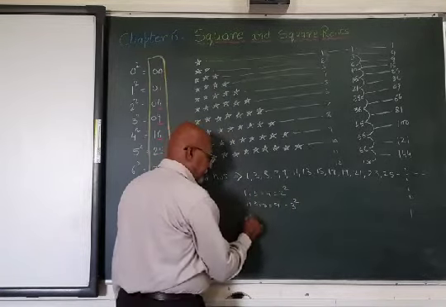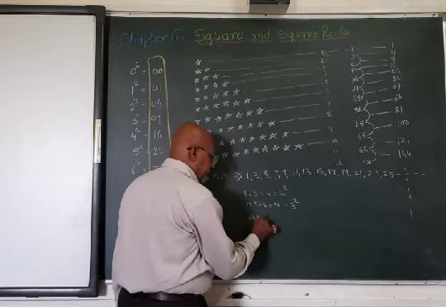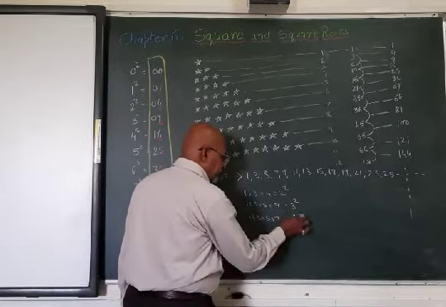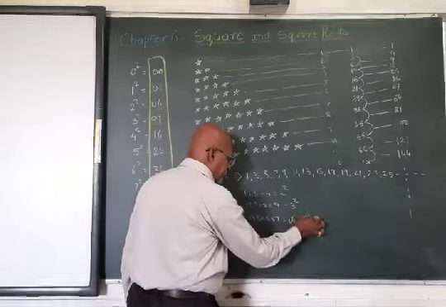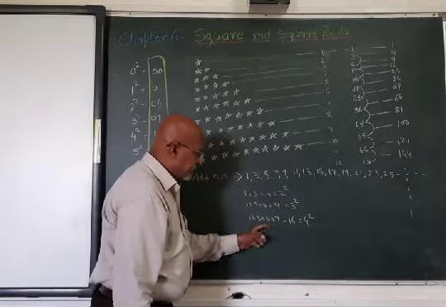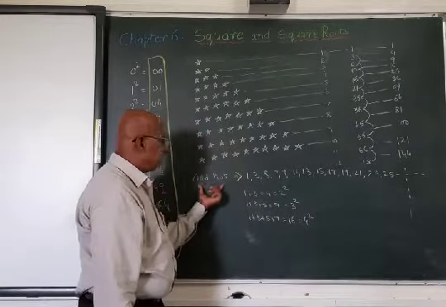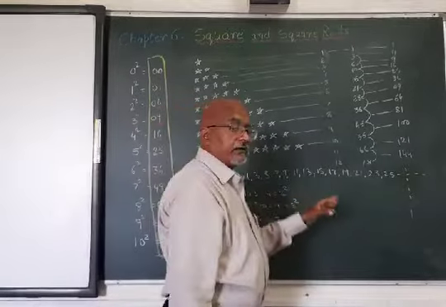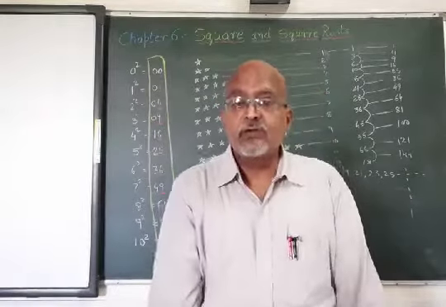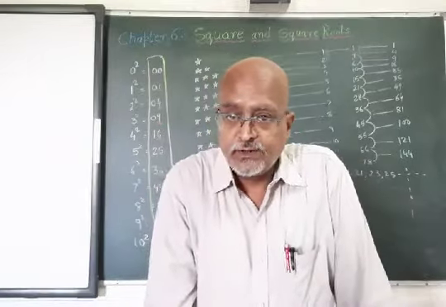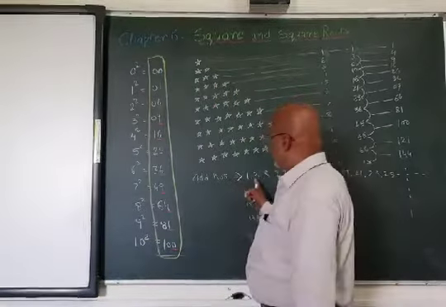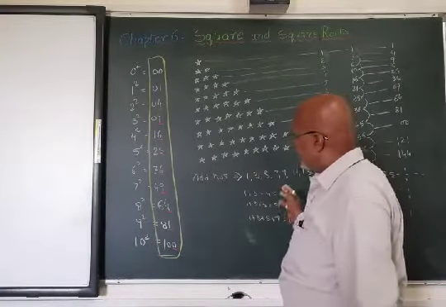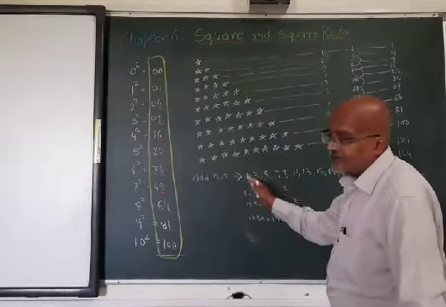If we add first 4, 1 plus 3 plus 5 plus 7, what it gives? It gives 16, which is nothing but 4 square. Now see here, 4 digits are there, and what is the speciality of these digits? They all are odd numbers. So here in the square one, the odd number series plays a major role. By adding the consecutive odd numbers, how many odd numbers you add from the starting?